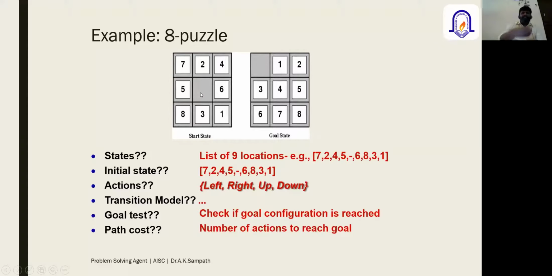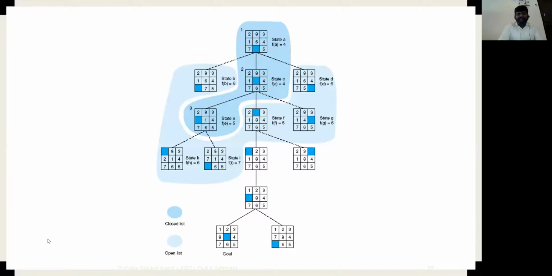By the way, you will move to the next one, and based on that, again you will keep on moving, and finally, with the help of multiple movements, you will try to reach the goal state as per the diagram, right? What you need to notice is that whenever you make any change, it is only one movement at a time, right? So that will be one path cost. Initially, the problem statement is like that.